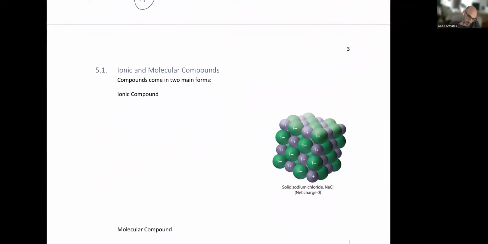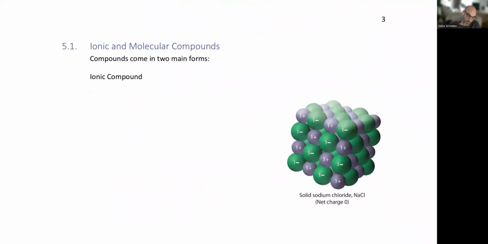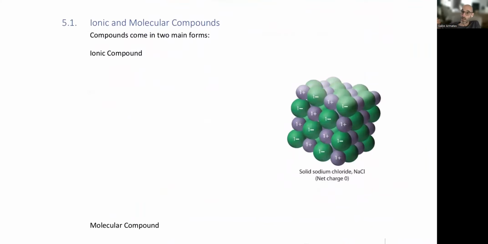So that brings us to actually the first section here, which was talking about ionic compounds. So now we know how ions form and whether they like to form positive or negative ions. The compounds that we're going to look at come in 2 main forms. An ionic compound is going to contain 2 ions. So if I have sodium, the one we know really well, with 1 electron, and chlorine with 7 electrons because it's in group 17,